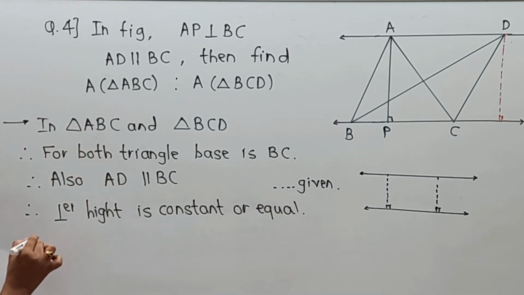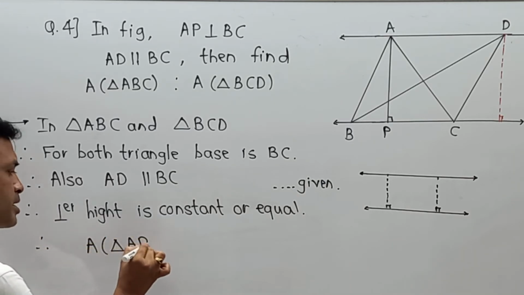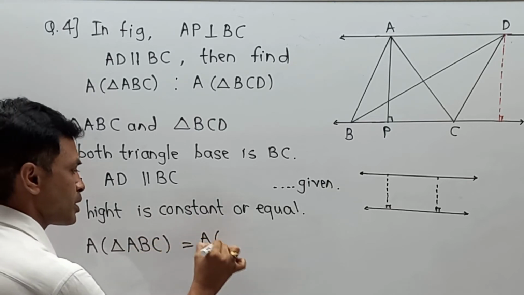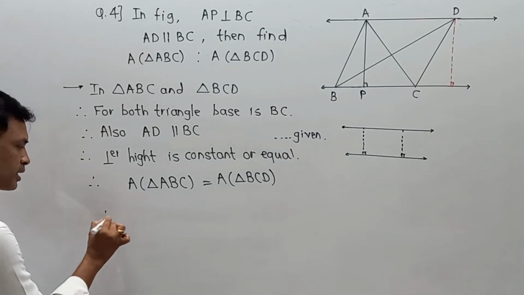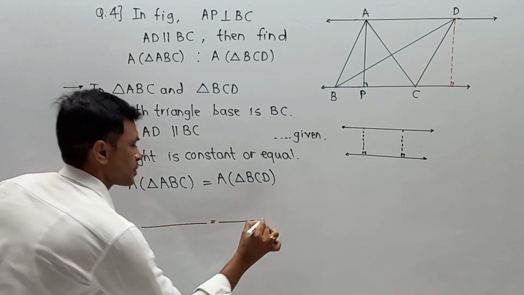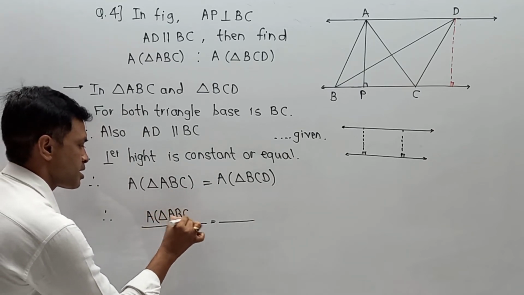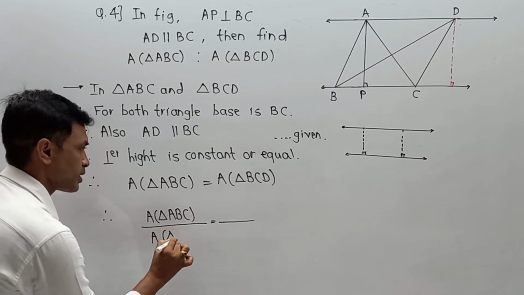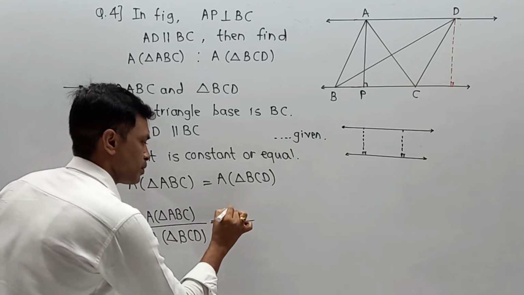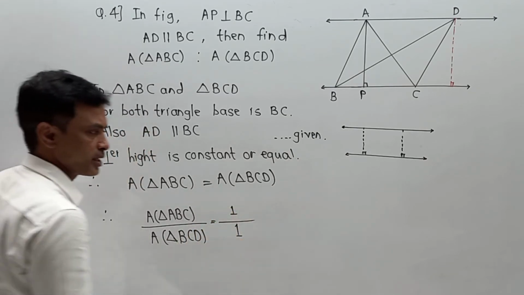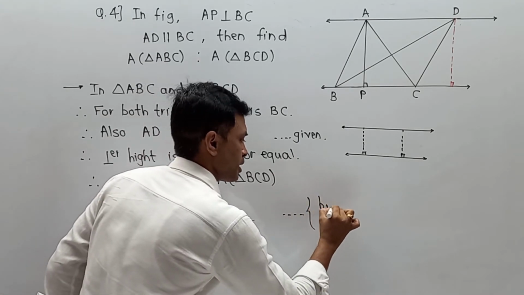Therefore, we can mention one part: area of triangle ABC is equal to area of triangle BCD, or logically you can say that area of triangle ABC upon area of triangle BCD is equal to 1:1. And as the reason, you can say that the base of the first triangle is equal to the base of the second triangle,